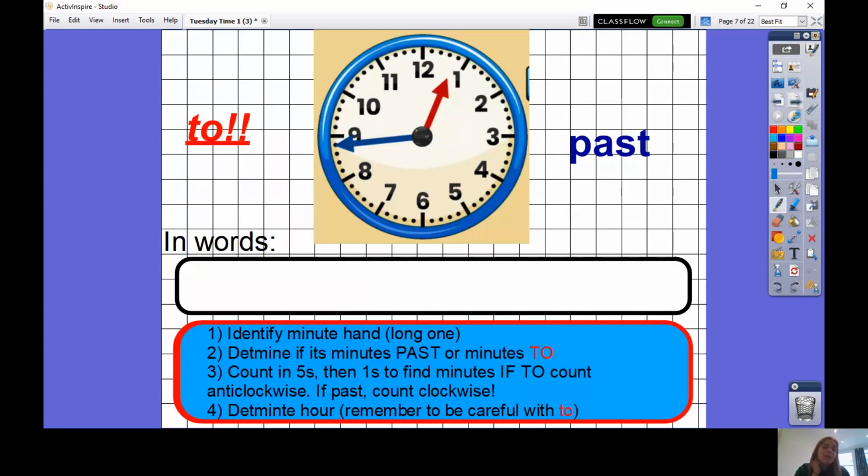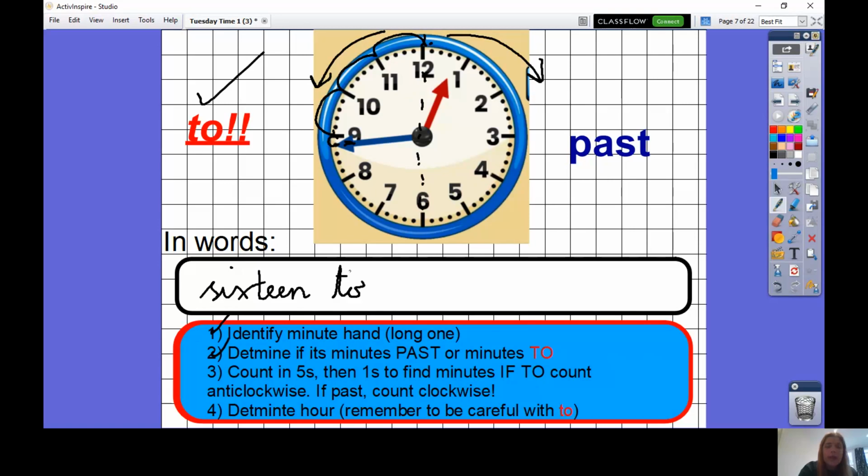Okay, let's have a look at this next one. Again, the clock is different. I need to identify the long minute hand, that's this one, and I need to decide which side of half past it's on. Is it on past or to? This time I'm looking at to. This is our first example when we're doing a to time, and if it's to, instead of counting clockwise, you're actually going to count anti-clockwise how many minutes to it is. So again, in exactly the same way, I'm going to count in 5s and 1s. 5, 10, 15, and then I need one more jump, 16 there. So that's 16,